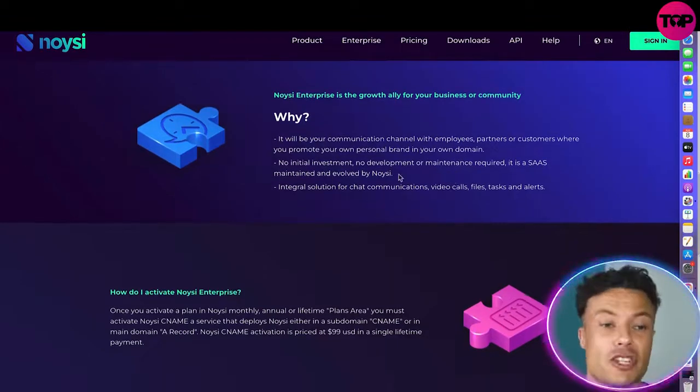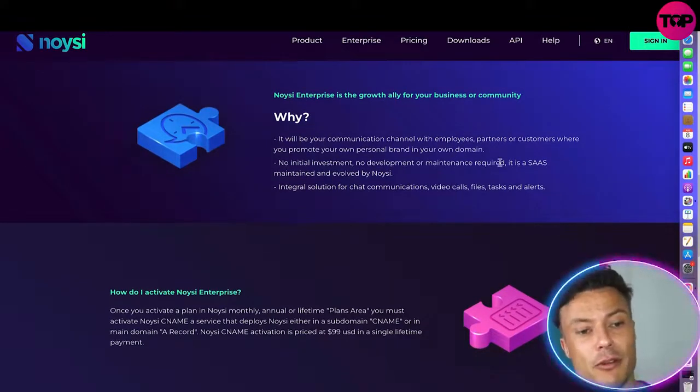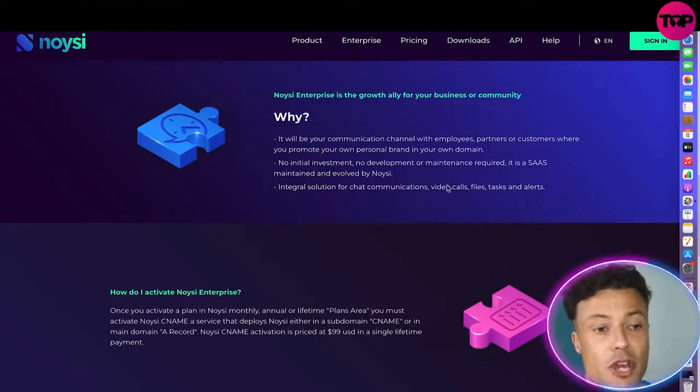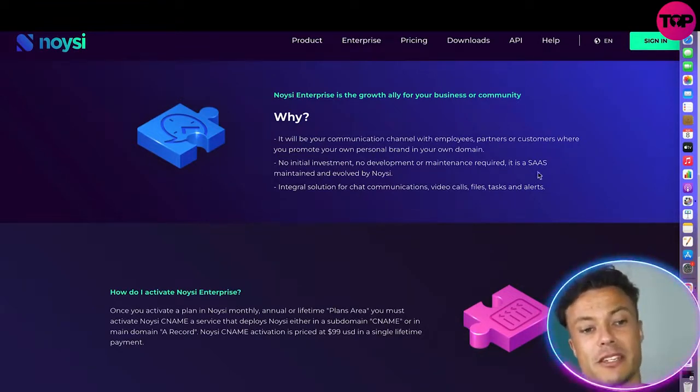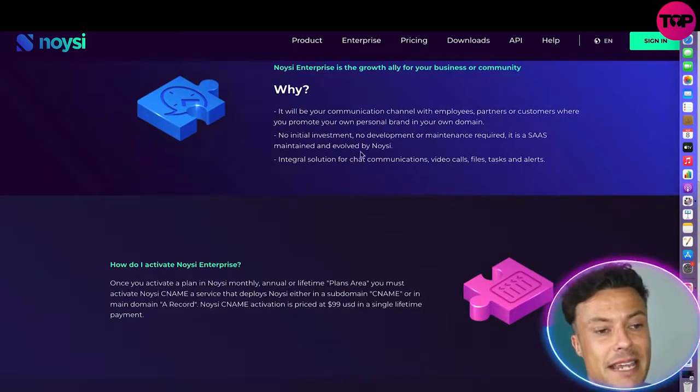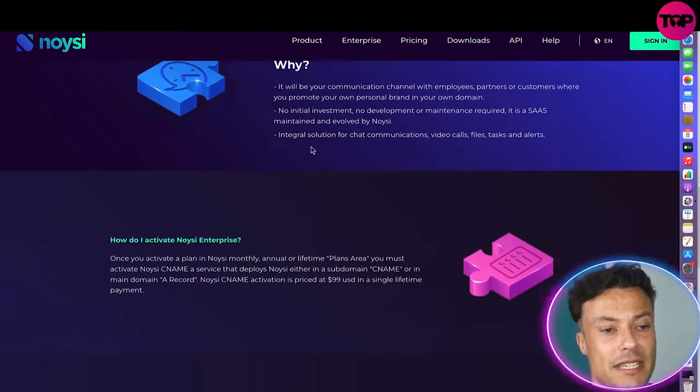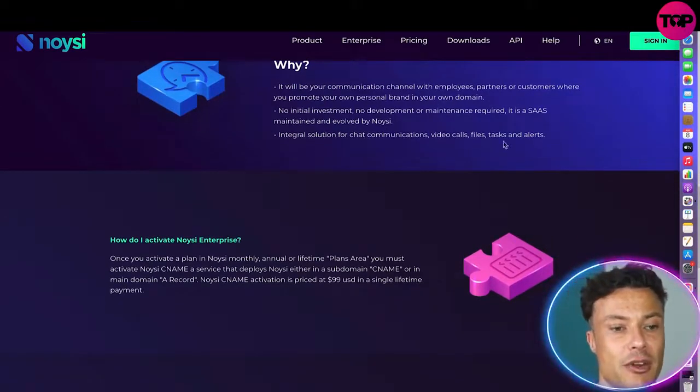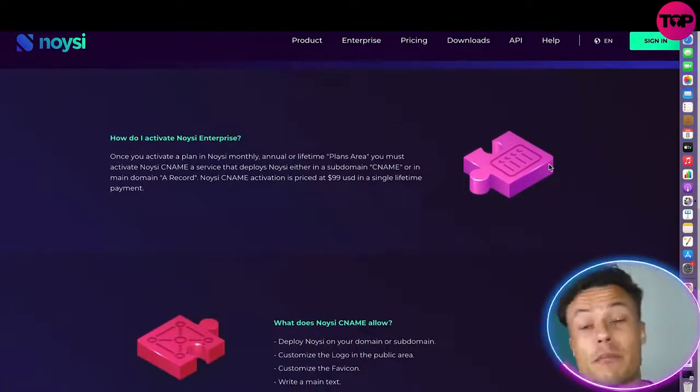While on this website there's no initial investment, no deployment or maintenance requirements, and it's a SaaS maintained and evolved by Noisy, an integral solution for chat communication, video calls, file tasks, and alerts. There is obviously going to be a pro version available on the website, which we'll look at pricing in a moment,